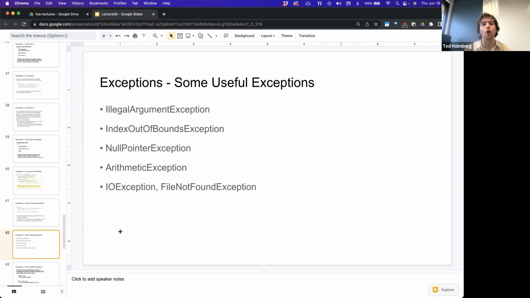And we can guarantee that the only mutation that occurs will keep it in a valid state and will prevent it from becoming an invalid state in terms of our model definition. Other popular exceptions are an index out of bounds exception, that's for arrays, a null pointer exception, that's when you expect a reference to an in-memory object, but it doesn't exist. It's pointing to null. An arithmetic exception, this is where some kind of mathematical operation can occur. And then an IO exception, or file not found, are going to be more or less related to your input-output